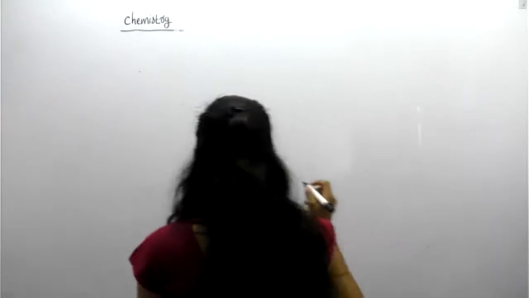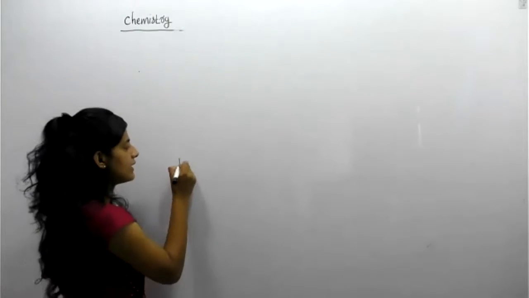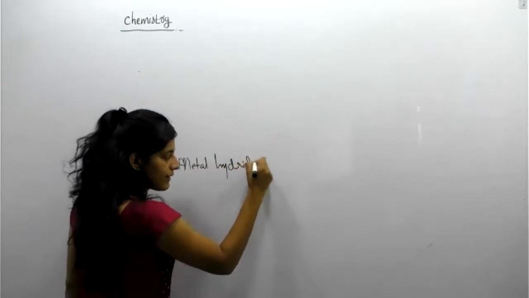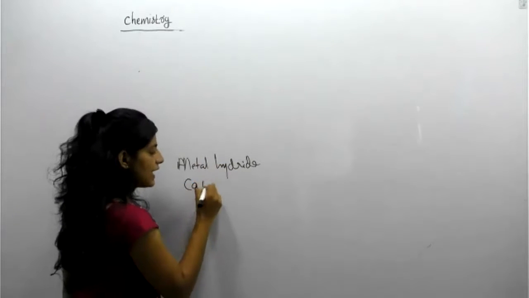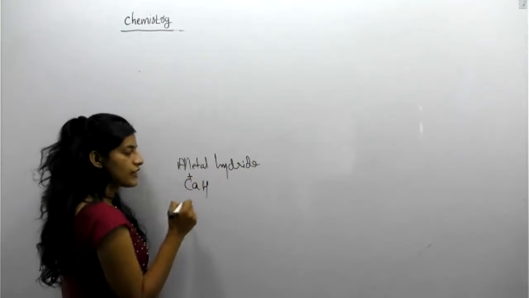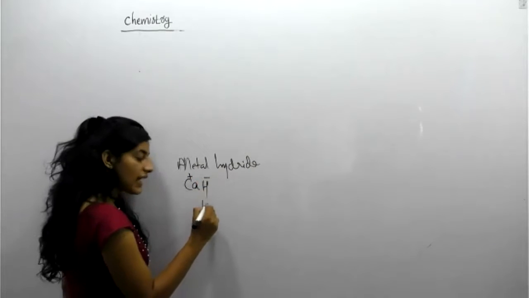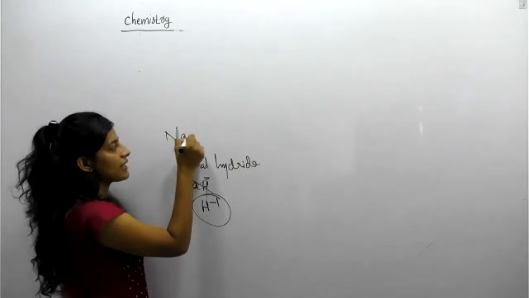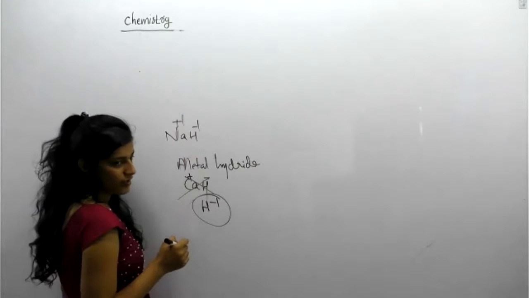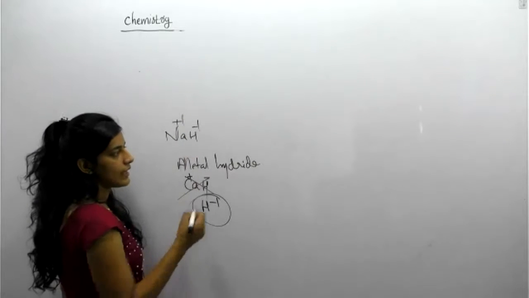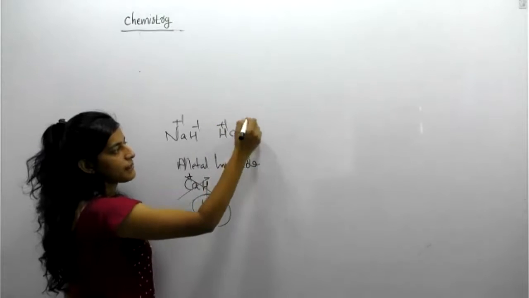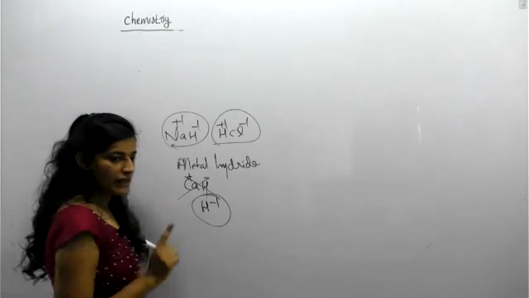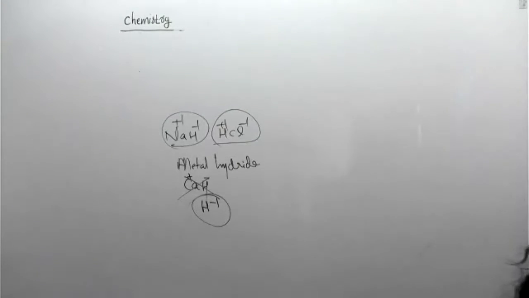What do you mean by metal hydride? A metal hydride means a metal with hydrogen. The metal has a positive charge, so hydrogen should have a negative charge. So in metal hydrides, hydrogen is -1. Sodium hydride is a metal hydride: sodium has +1, hydrogen has -1. But in the case of HCl, hydrogen is +1 and chlorine is -1. So in the hydride condition, hydrogen is -1. Keep that also.